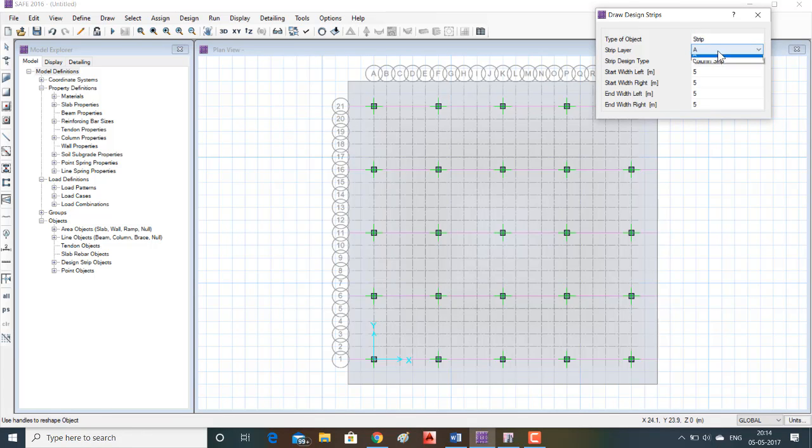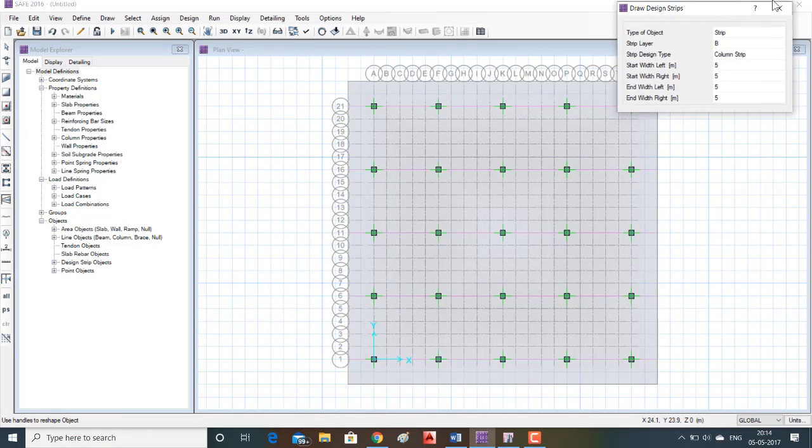Similarly, draw the strip in B direction, that is Y direction.